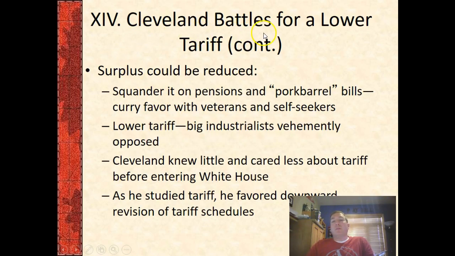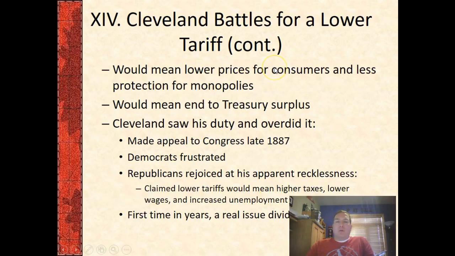So what we'll see is Grover Cleveland is going to fight a battle over the tariffs, and he's going to try to figure out ways to lower the tariff schedules. His problem, though, is that when he tries to create this bill, he is going to make this appeal for a new bill that would then lead to higher taxes in other places to pay for all the spending they've done. It would also argue that we would have more competition from businesses outside the country, and this would lead to unemployment. So for the Republicans, they're arguing that Grover Cleveland has no idea what he's up to